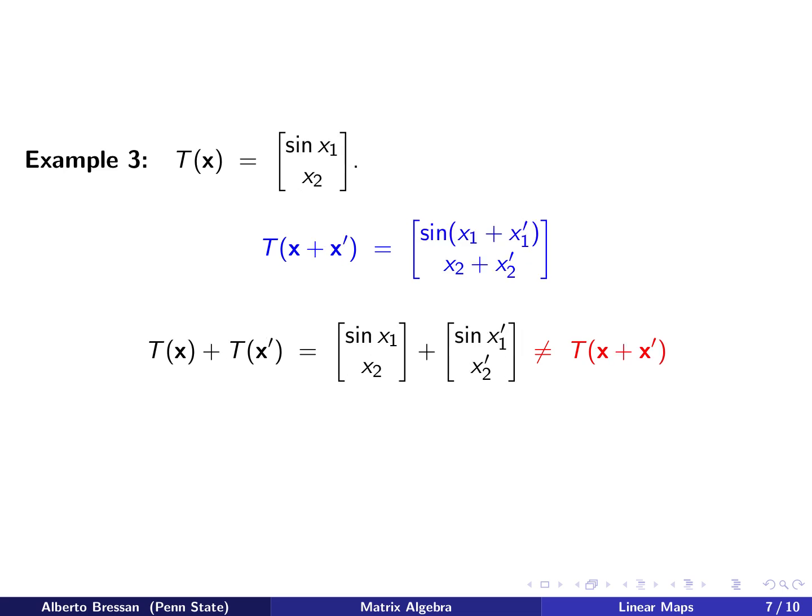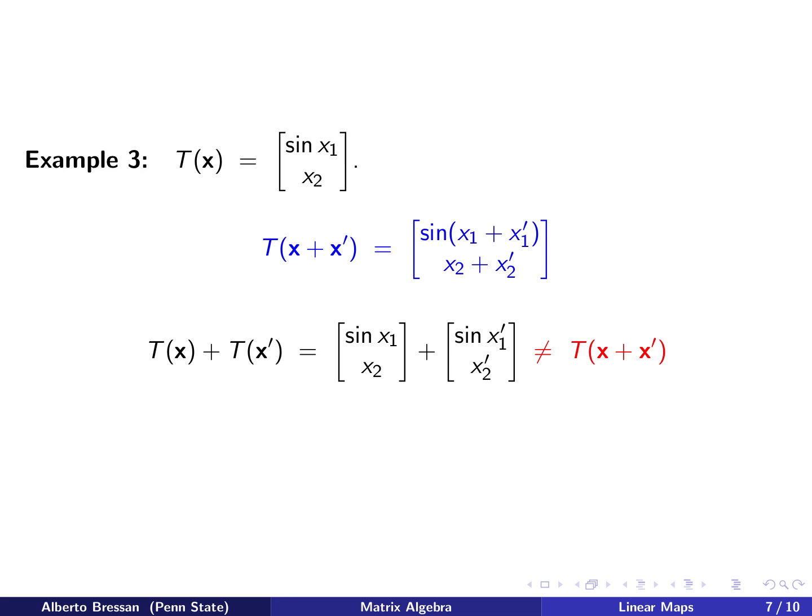Okay, another example, also kind of obvious. The transformation will be taking sine of the first element and keeping the second one. Okay, we can pick either of the two properties for linear transformation to verify. So let's take the second one. Let's compute the sum and then transform the sum. So the sum here would be